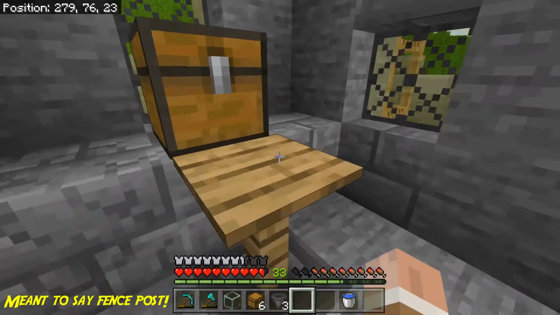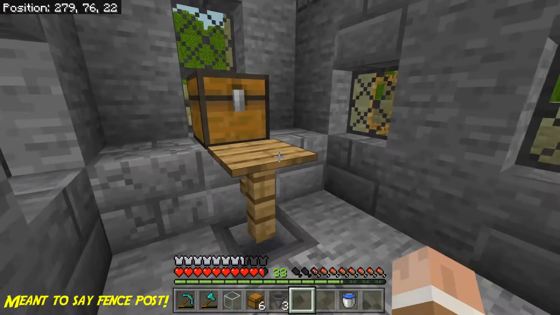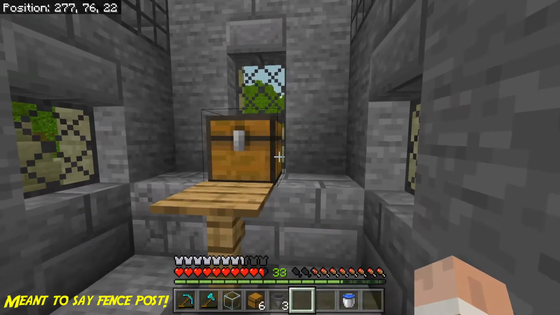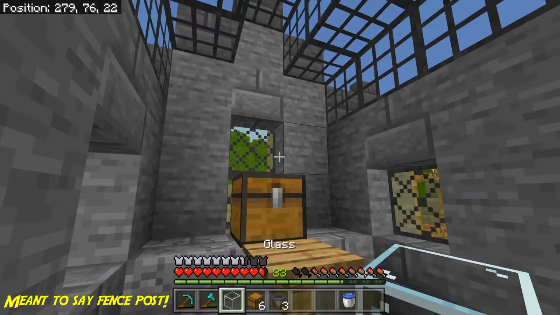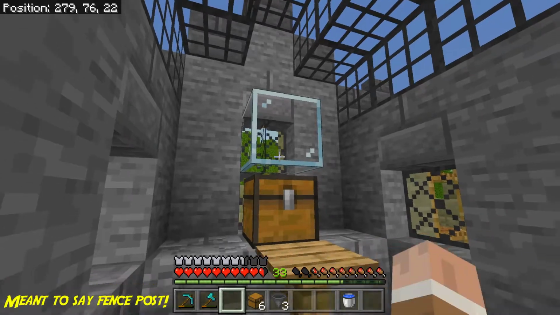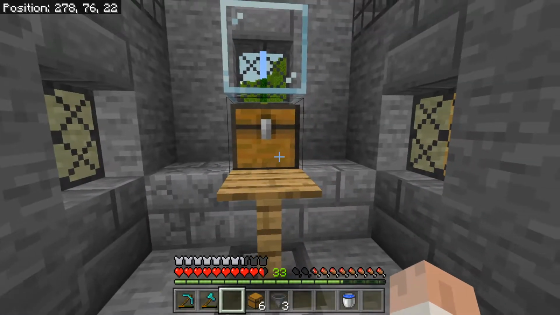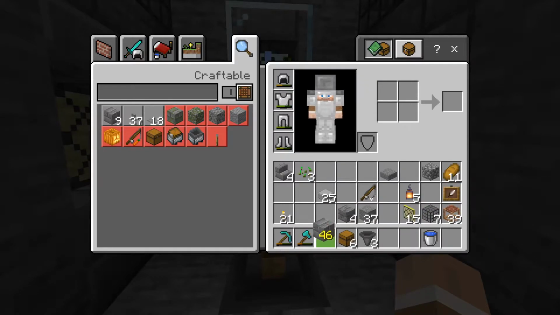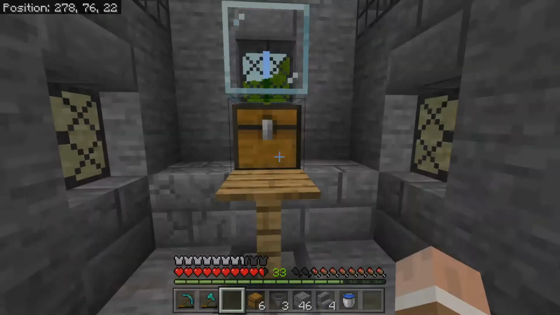So now you've got that going, and that will kind of activate. You can kind of see every time I get close to it, it activates it. Okay, so the next thing, let's take this glass and let's put it right above our chest, and then we'll take a couple more stone brick and a couple more stone brick stairs, and